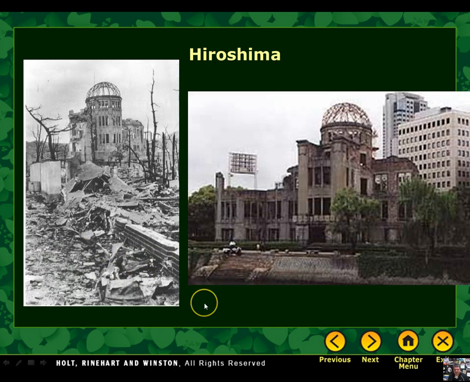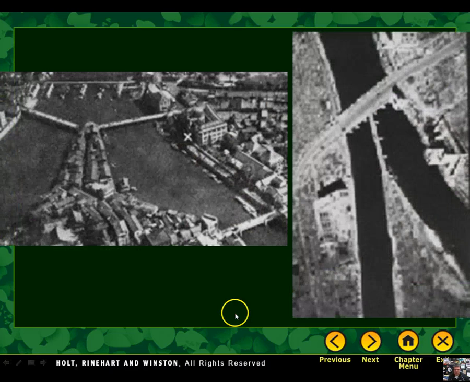Here's a building that used to have cement on both sides of this little dome-shaped thing. But this is all that was left of this building after the bomb. This is what it looked like days after. This is what it looks like today. It's still there as a memorial to the people who lost their lives. Here's a black and white view of the location where the atomic bomb was dropped. The X marks the spot where the bomb was ground zero.